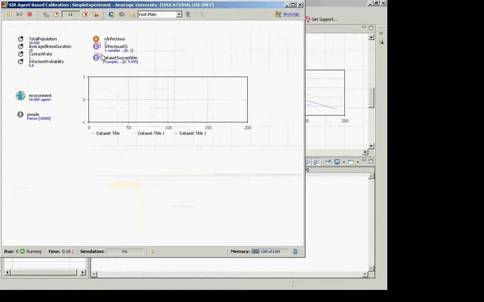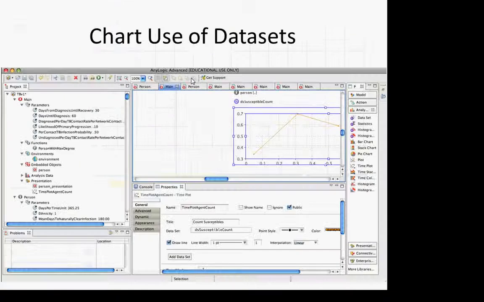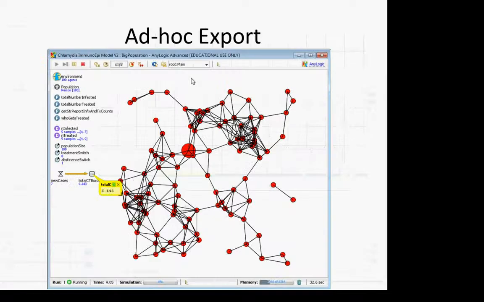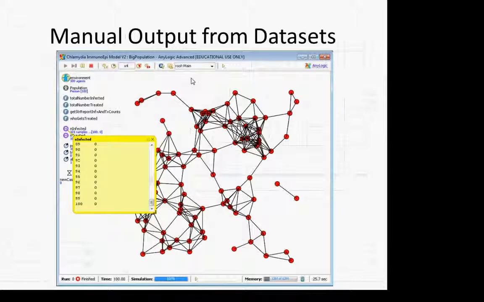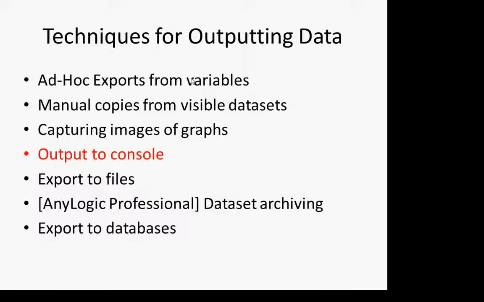all there. Okay, so there's an example of sort of a graph. Two of these are from statistics directly. One of them is from a data set. But how do we export the data sets directly? Well, this is something I think I'll skip to right now, and we'll come back and point to it. Okay, so data output